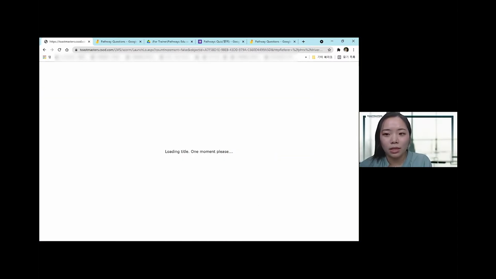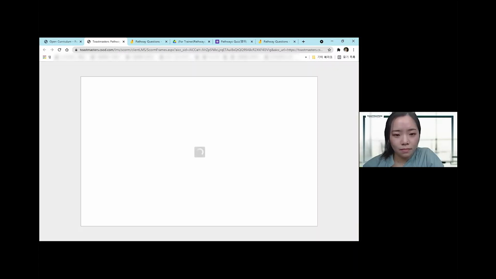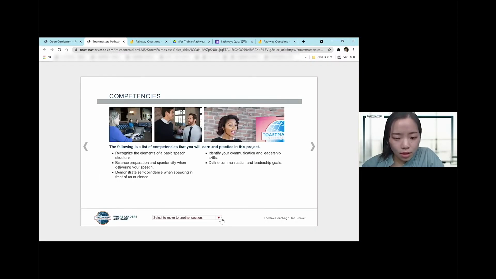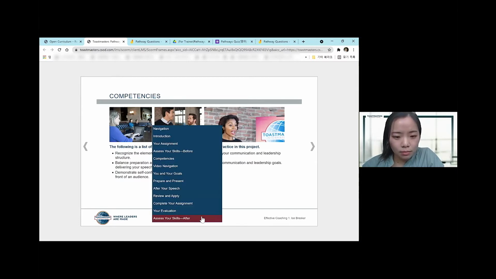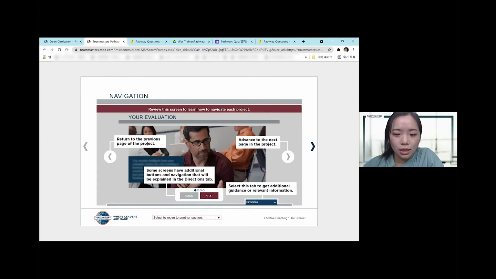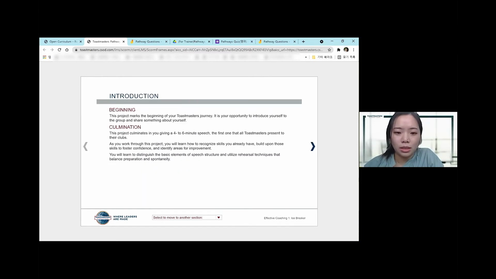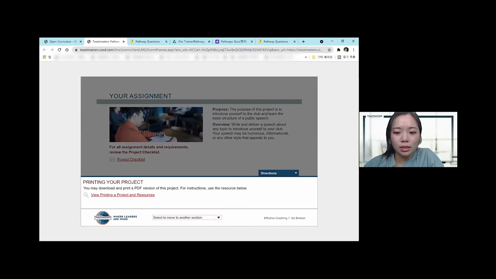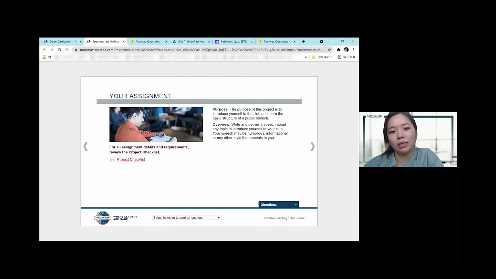Then the screen will be changed. Okay, so there is a down arrow at the bottom. It means you can start from the beginning, or you can restart, or you can move faster. But if you're accessing for the first time, then you have to start from the navigation here. Then there's a green arrow here. Click, click. And the reason that I'm clicking so fast is I'm going to read this later on this PDF version later. So you don't need to read all, and just click here.